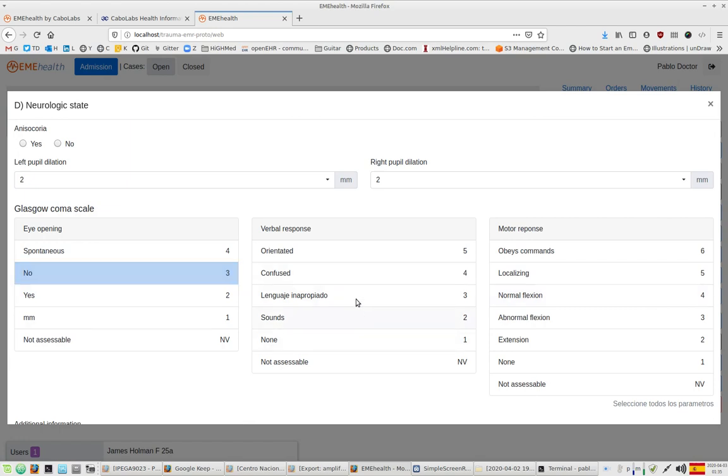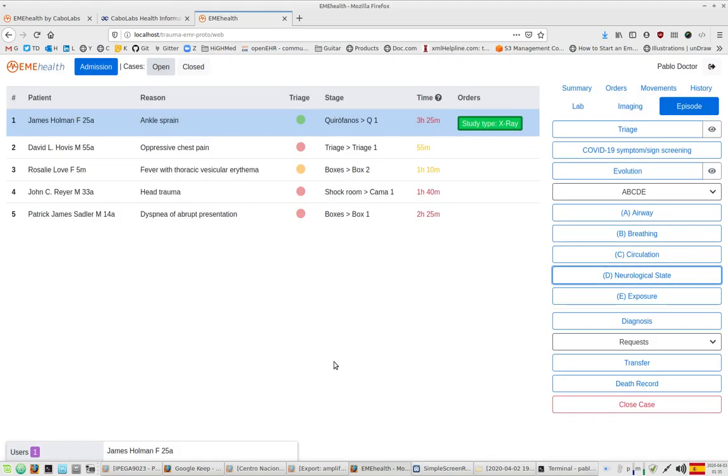It's just point and click, point and click, point and click. Yeah, and you will see this is too bright right now, but here there is a number showing. We need to correct that. But there is the calculation of the Glasgow Coma scale, and that is then recorded in the EHR of the